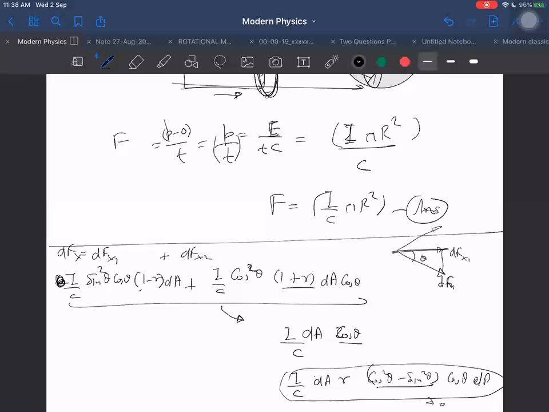Because we can clearly see here that this term is equal to just I by C into the total area along the x-axis, which will be directly written as I by C into pi r square. So it is almost that easy, as we have done orally. That way also we can do this. But the other one will take some time, I think, to prove that it is coming out to be 0, but we can still prove it easily.